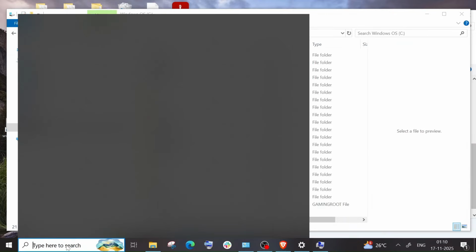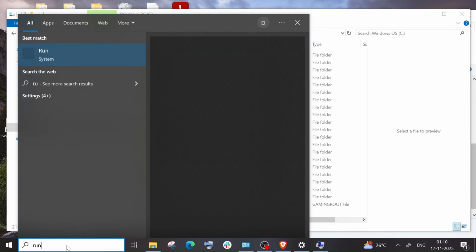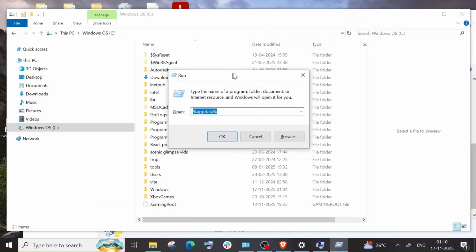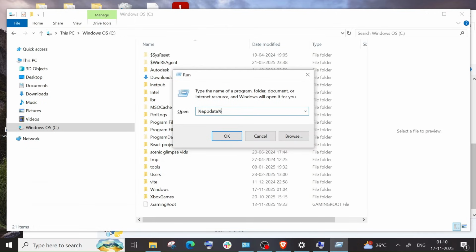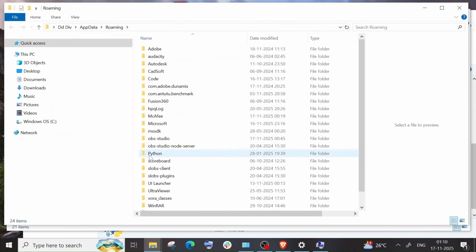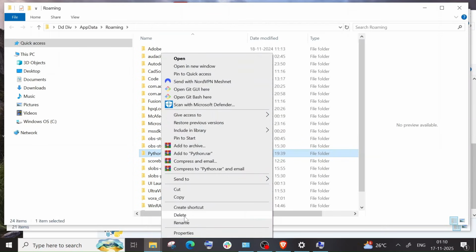And next step is just go to search and type run. We'll be getting the Run system. Open it, and here just type %appdata% and click on OK. So we will be taken to this AppData Roaming folder. Here, as you can see, I'm having a folder named Python. Simply delete this,